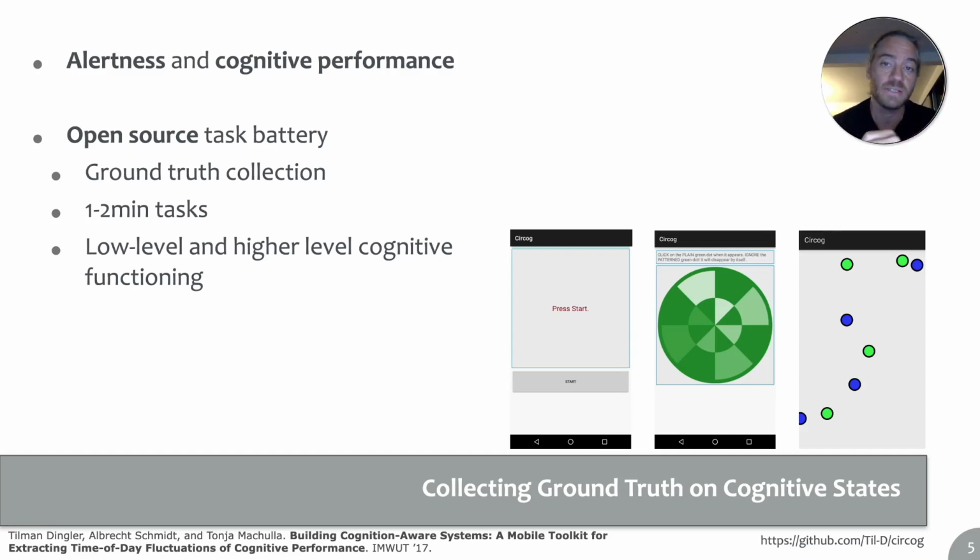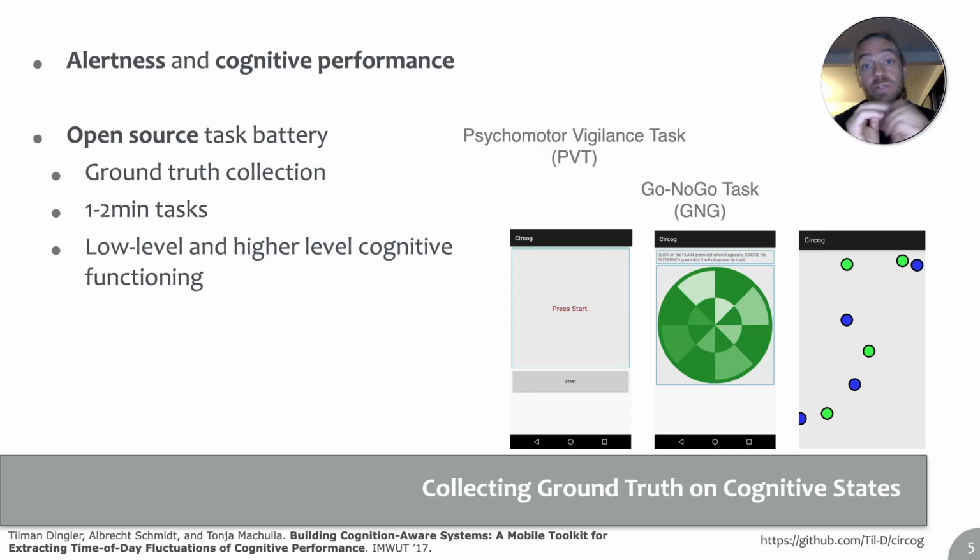The three tasks included in that mobile toolkit are, first, the psychomotor vigilance task seen here on the left, which is a simple reaction time task. A stimulus appears, the user reacts, and we have a reaction time. The second is a bit more complex. It's a go, no-go task, and it consists of two stimuli. One, the go stimulus, calls for an action, measured in reaction time, and a no-go stimulus is one to which the participant has to suppress the urge to react, so basically ignore it. On top of that reaction time task, we have this decision-making layer, which resembles a higher cognitive function.